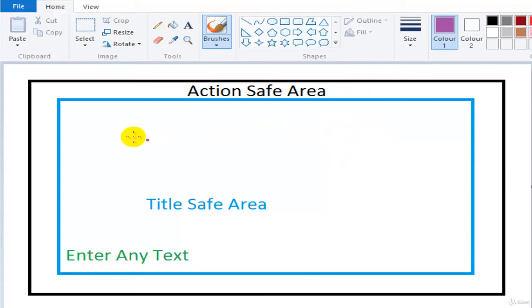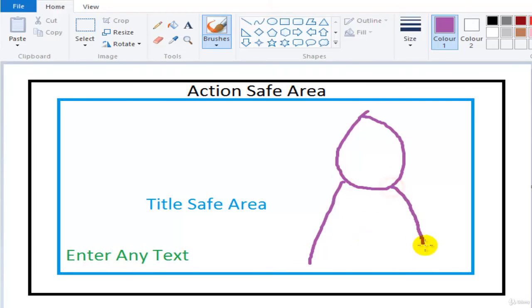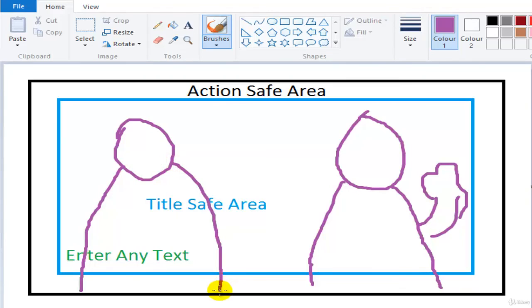like a person. Suppose there is an interview going on. So a person is there and he is speaking something, and there are some hand movements or something like that. So this character who is speaking, or suppose one more character here, can exceed the title safe area, which is the blue line, but cannot exceed the black line, which is the action safe area. This hand or any kind of movement